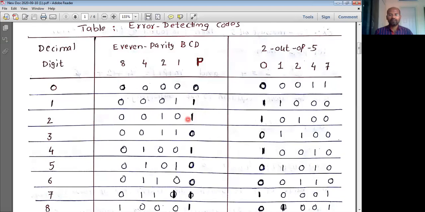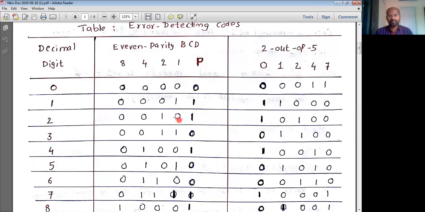Because of some noise in the channel, some bit may undergo some error. Let's say we are transmitting 00101, and this particular bit undergoes error. So what is received at the receiving end is 0 0. These 2 bits are received as they are. This 1 is also received as it is, and this 0 turns into 1, and this last 1 remains the same. Only 1 bit is received in error.